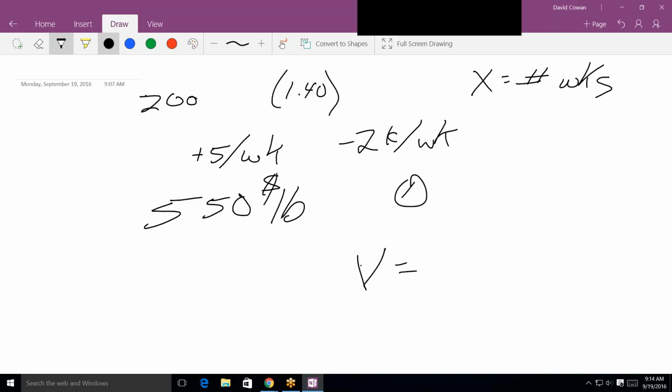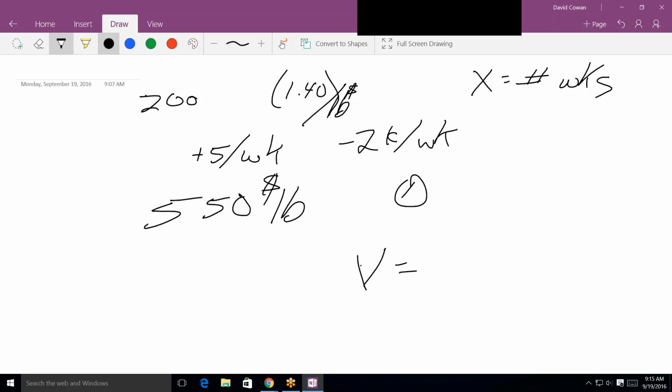It's not that unusual a problem. Now that I look at it, it's pretty standard. I don't know why it made me think it was unusual when I first looked at it. Okay. So what's the starting value of the pig? Oh, hold on a second. The first question says, write an equation for the value of the pig or the weight? Oh, the value of the pig. Yeah, it says write an equation for the total worth of the pig as a function of weeks. Okay. What's the value of the pig to start? The value of the pig to start is